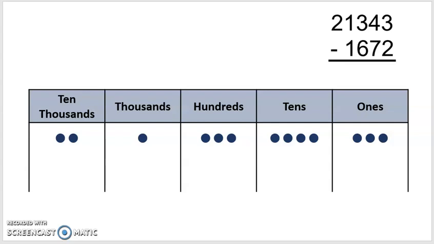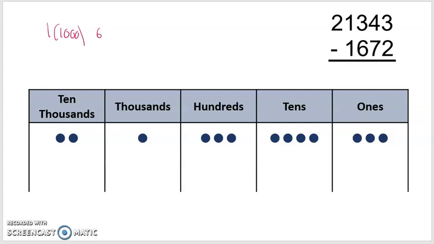The chip abacus model is a nice, efficient way to represent base 10 and base 10 subtraction, but it also allows you to work with bigger numbers, and it allows you to really make place value in subtraction transparent. So let's work this one problem. We've got 21,343, which I've represented in the chip abacus. We're going to take away 1,672, so we're going to take away 1 thousand,